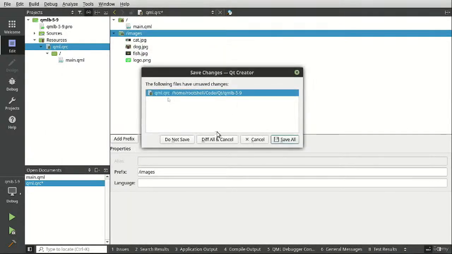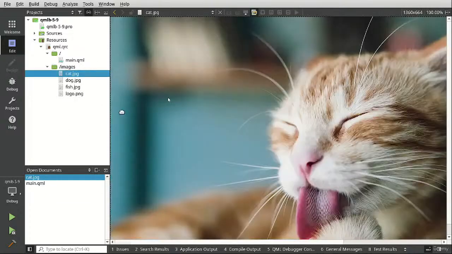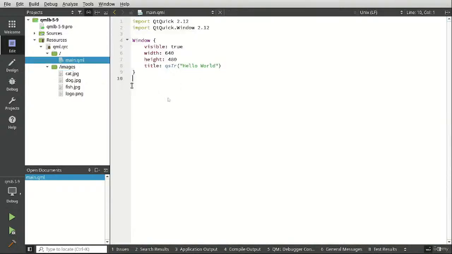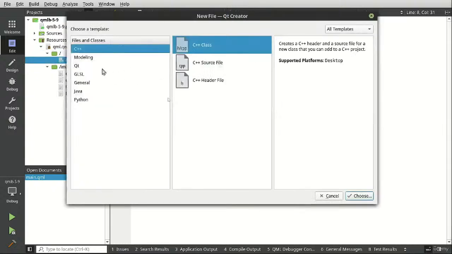Voila. Go ahead and save all. Make sure those appear. They do. They're beautiful. I love that cat. Awesome picture. Anyways, let's go in here. So first thing we're going to do is we are going to make a component. Let's go here. Add new,